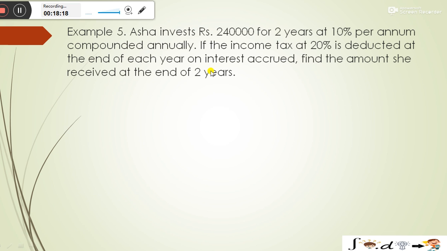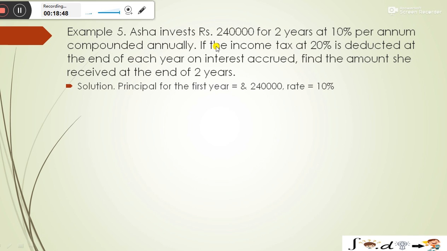यस। नाउ नेक्स्ट एग्जांपल, आशा इन्वेस्ट ₹2,40,000 for 2 years at the 10% per annum compounded annually if the income tax at 20% is deducted at the end of each year's on interest accrued. Find the amount she received at the end of the years।